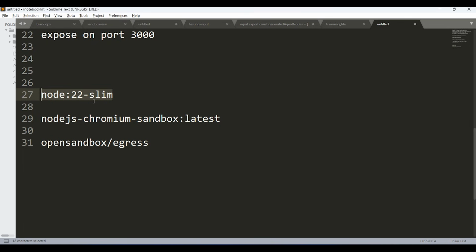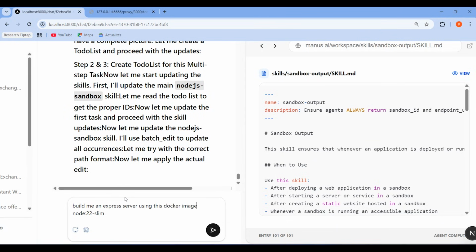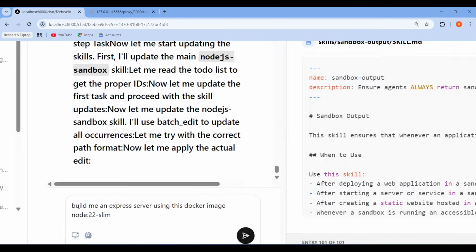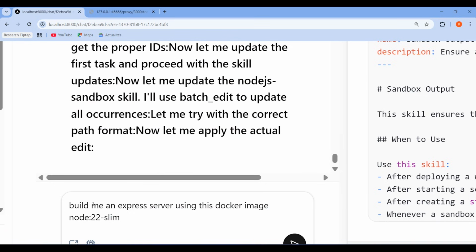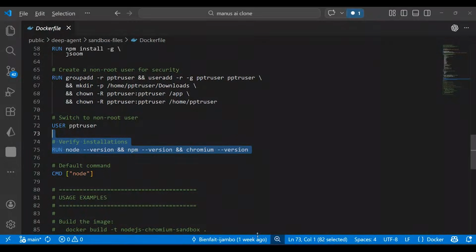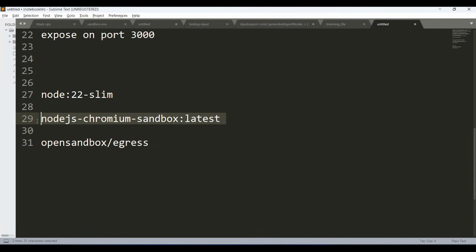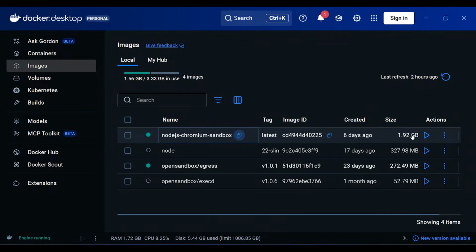Now, if you wanna use a Docker image, you can head in here, guys. And then you're gonna pass this input to your agent: Build me an Express server using this Docker image, and then you pass the version. And then the agent is gonna do it, and it's gonna spin up an Express server in the Sandbox environment. And I also have another Nodejs image, Nodejs Chromium, and as you can see the size here,